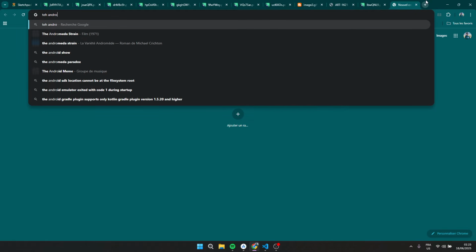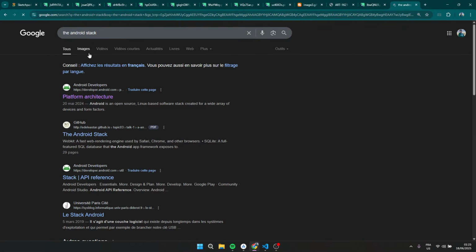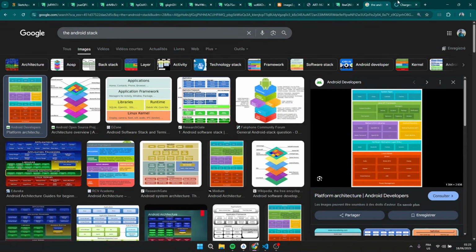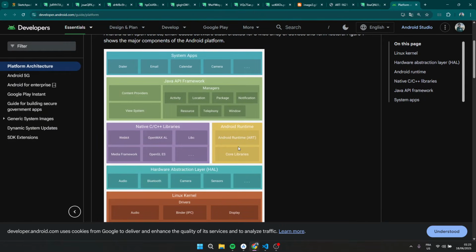If you go and type in the Android stack, you see something like this, which is this famous picture. I've already, I think, explained those things in the latest stream. But if you have, for example, joined the stream and been there for an hour or half, this video is going to be maybe longer, because I'm going to be explaining all the theory in this introduction,